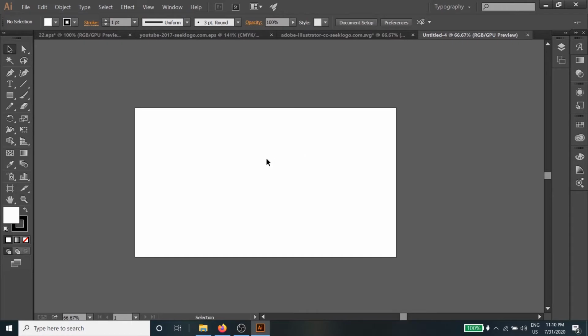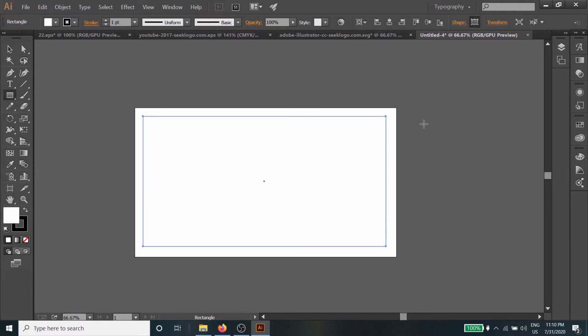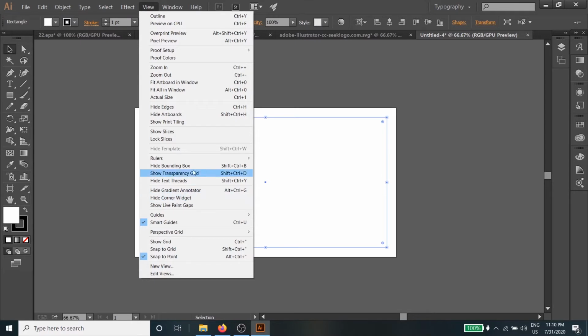Okay, so here I'm just gonna make a grid so everything is aligned. So for that I'm just gonna roughly drag things like that. This is just for my satisfaction, but if you guys want to skip this, feel free to. And to get the grids and guides, you need to go to View,